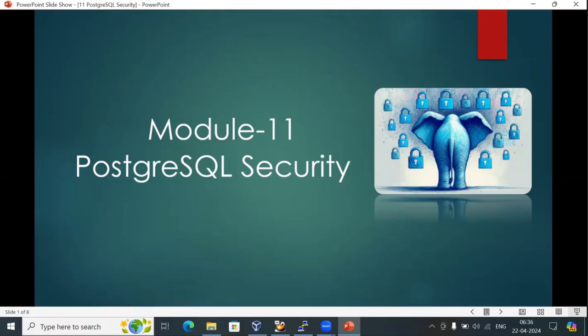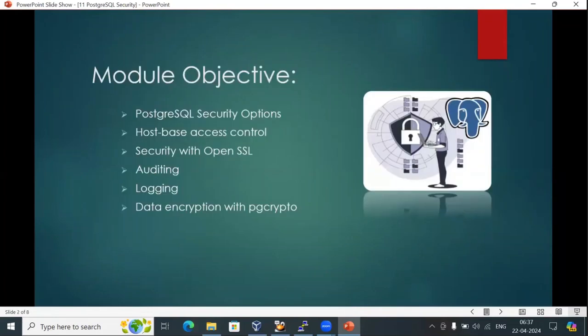Like they will provide encryption at the storage layer, and you can also provide security with VPC, and you can provide security with ingress and outbound rules, right? So in cloud we have various options, but when you install your Postgres cluster in the community version, we need to think and see what security options we have. In this module, we are going to discuss what security options we have in the open source community, and we are going to discuss what is host-based access control